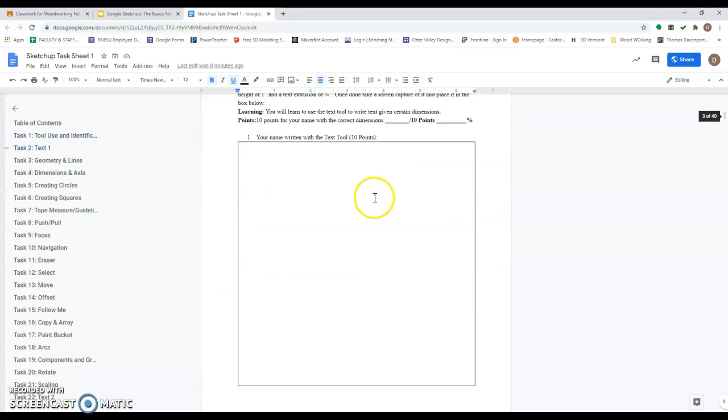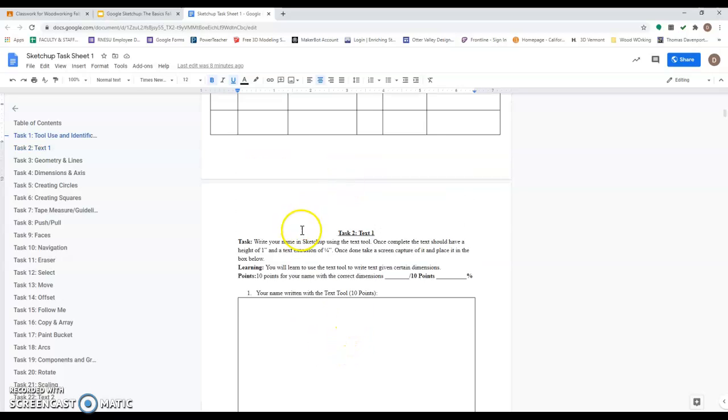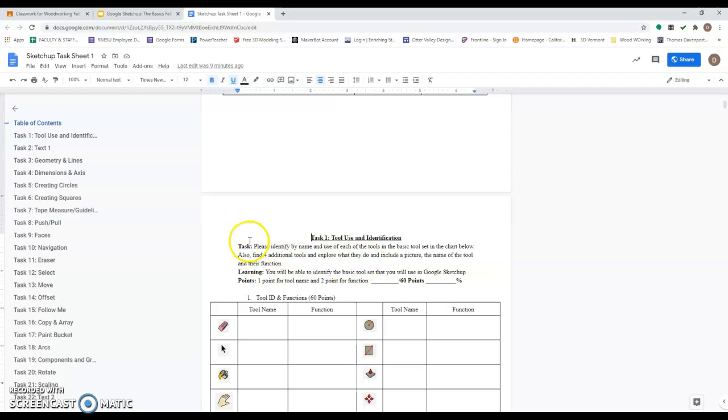As you can see, task 1 looks very much like task 2. The only difference is that you'll find these boxes in later tasks. That's where a screenshot of your work in Google SketchUp will be placed. So, as I said, these are all broken down pretty similarly. You'll have your task itself. This is the steps that you'll go through to complete the task, and then you have defined what you'll actually